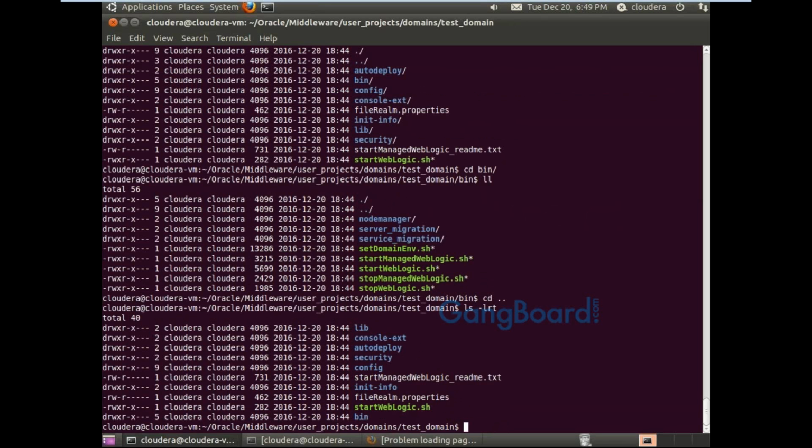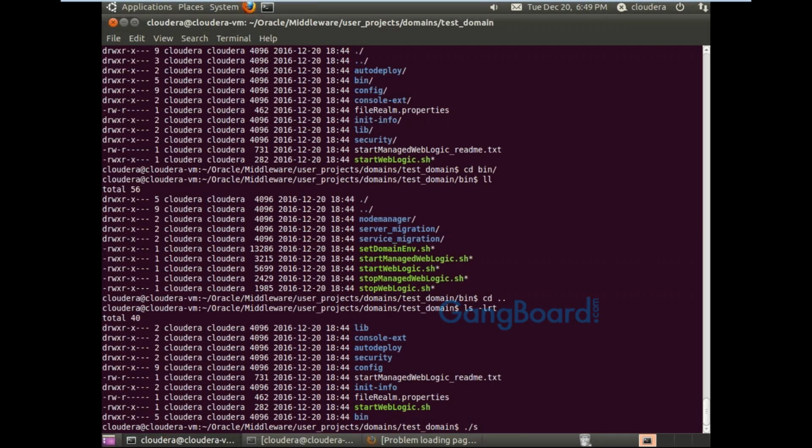Every time you install WebLogic, you will never find the server folder. You need to start the WebLogic server at least one time first, then you will find the server folder here. Likewise, I am going to start the WebLogic.